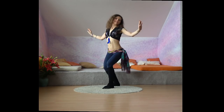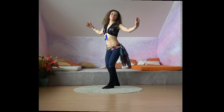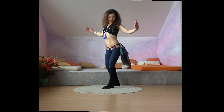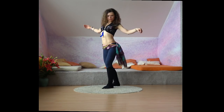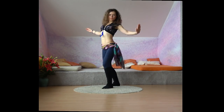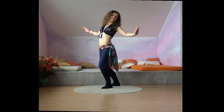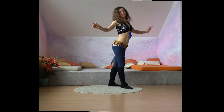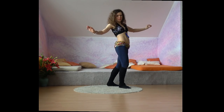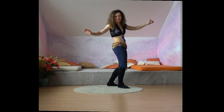My cat comes to say hi, and we're going to combine the two moves together, so we're moving the tailbone forward and back and the hips back and forward, moving the hips forward and the tailbone back, and moving the hip back and the tailbone forward. And we are getting a nice wave this way. Engaging the abdominals, let's try to the other diagonal, moving the hips forward and back and the tailbone back and forward. Stay nice and tall,